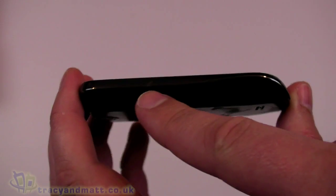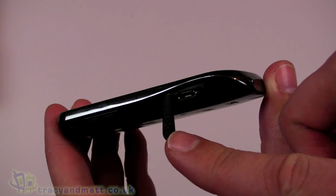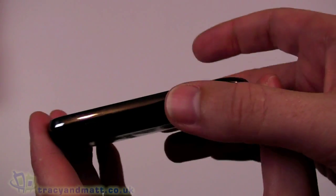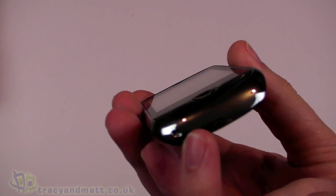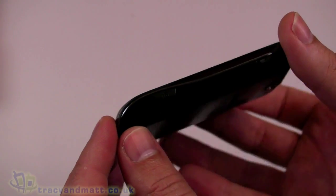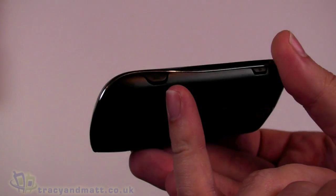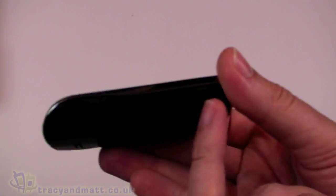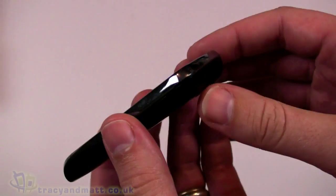and while it does so, look along the left hand side. You have up and down volume control, sort of a rocker, and then below that we have a cover over the micro USB for sync and charge. Nothing really to see on the bottom aside from the microphone hole there. That's the actual microphone slot, or hole, if you like. On the right hand side we have a dedicated camera button, as you can see there at the bottom, and then a lock button, which is basically what turns the screen on and off when it's not being